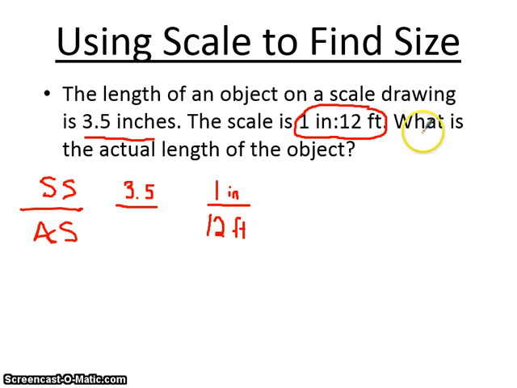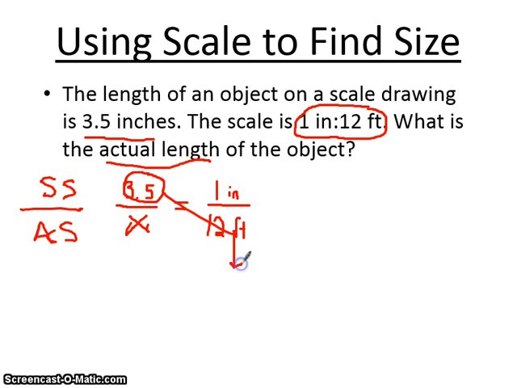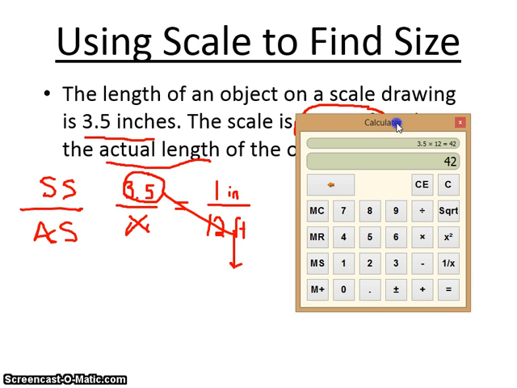And if you look at the question, it says, what is the actual length of the object? So what is the actual length? Well, the actual length we don't know, so we're going to put an X there. Now, we know that since these are scaled drawings, these are equal in value. 3.5 times 12 is 42, so that equals